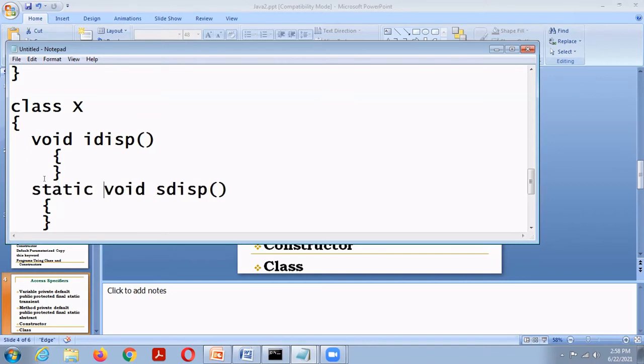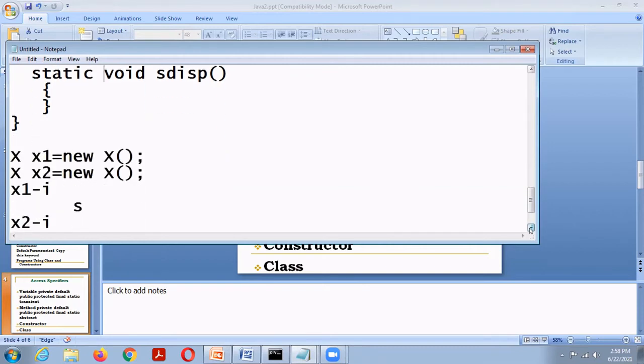So the class X contains two types of method. The first one is the instance method, and the second one is the static method. Static methods are declared with the keyword static. The first one, void I display, is an instance method.